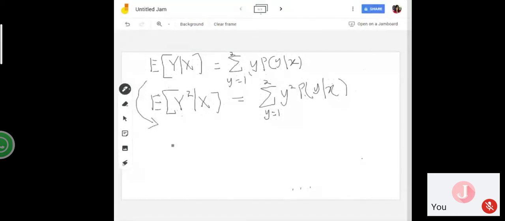Cuba tengok jawapan ni. Summation 1 times